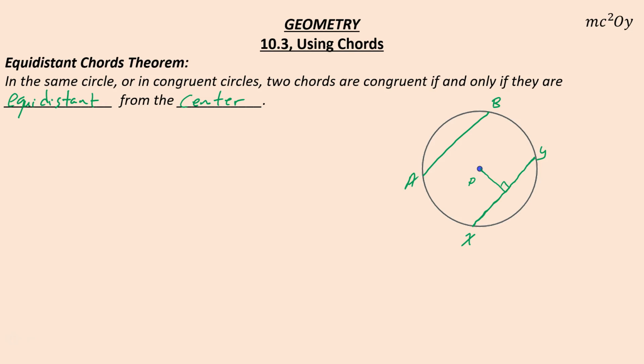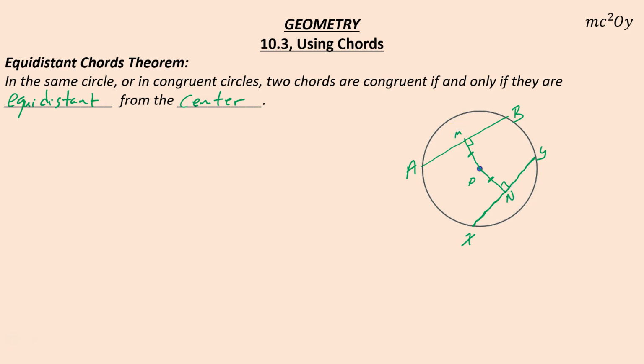And I could do the same thing. Now, I'm going to switch up where AB is just so it doesn't look like a complete straight line there. There we go. Let's do something like that. AB. Okay. And I'm going to go ahead and hit that at a right angle. All right. And so if this distance right here is congruent to this distance, so let's call this M and